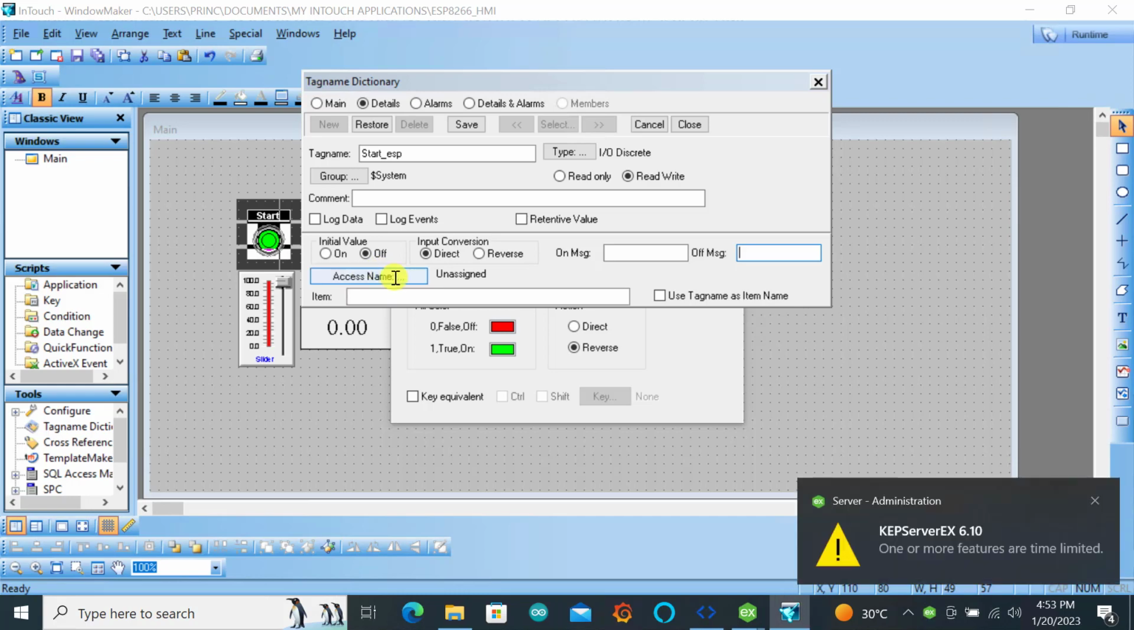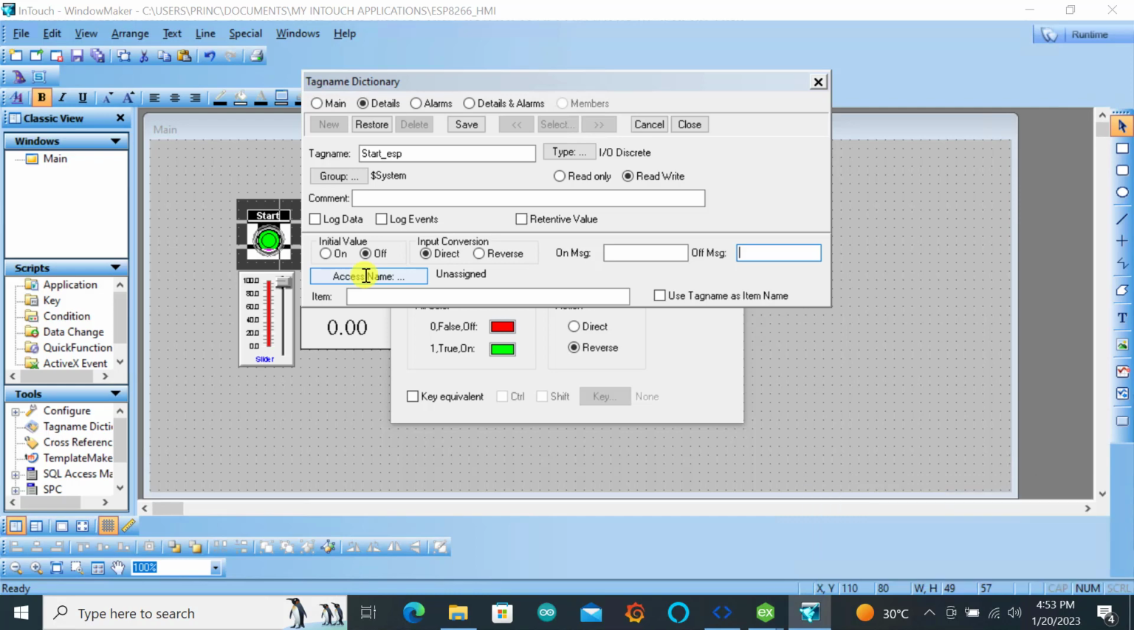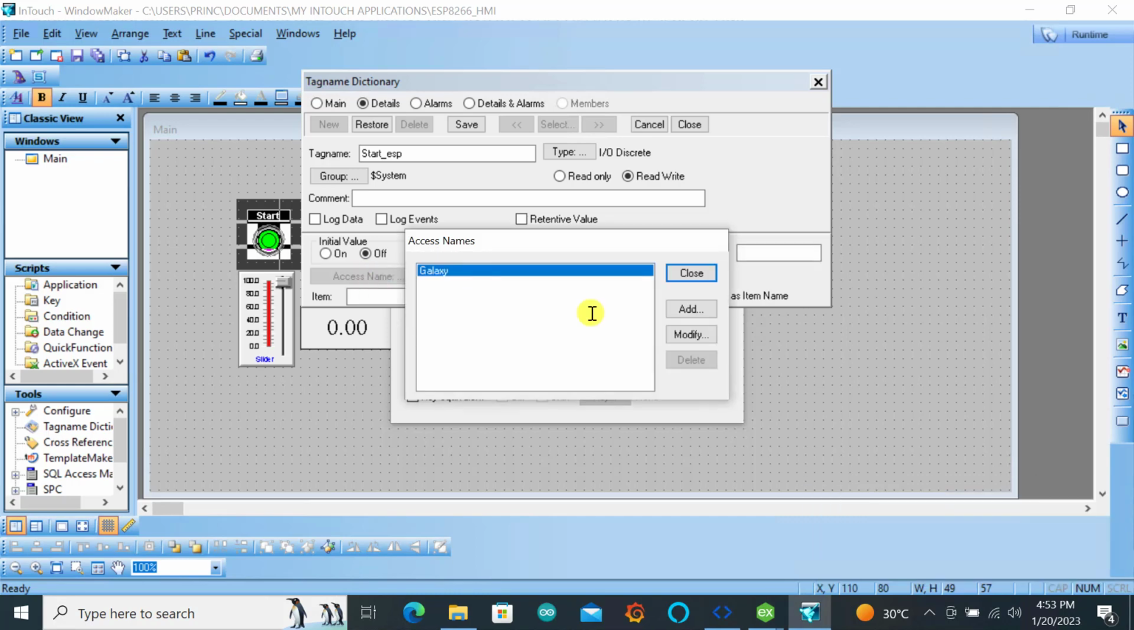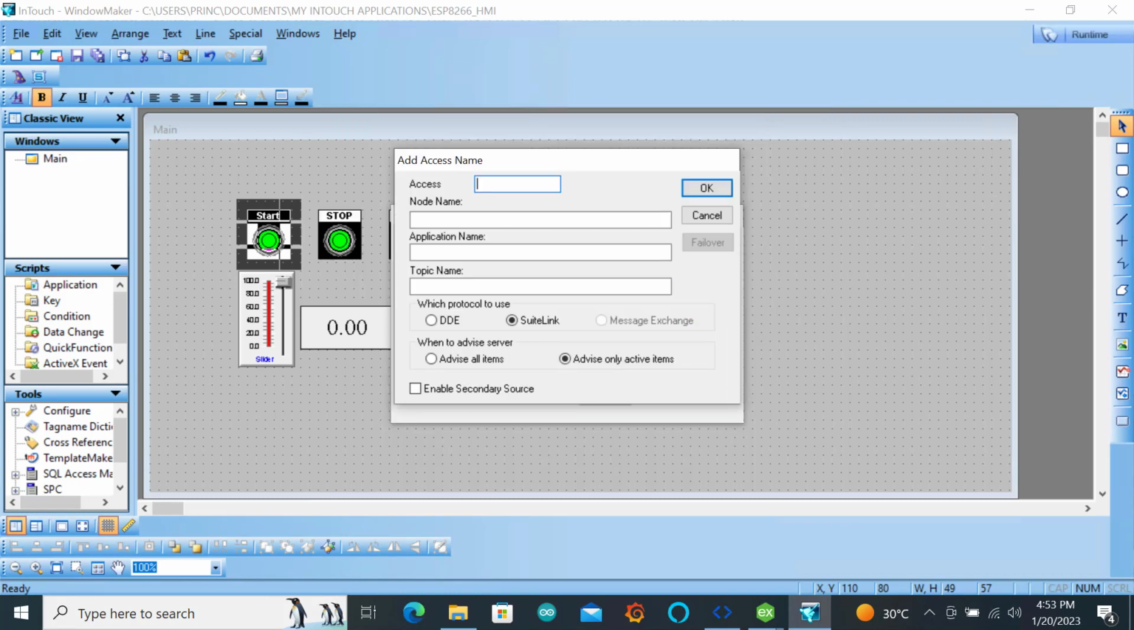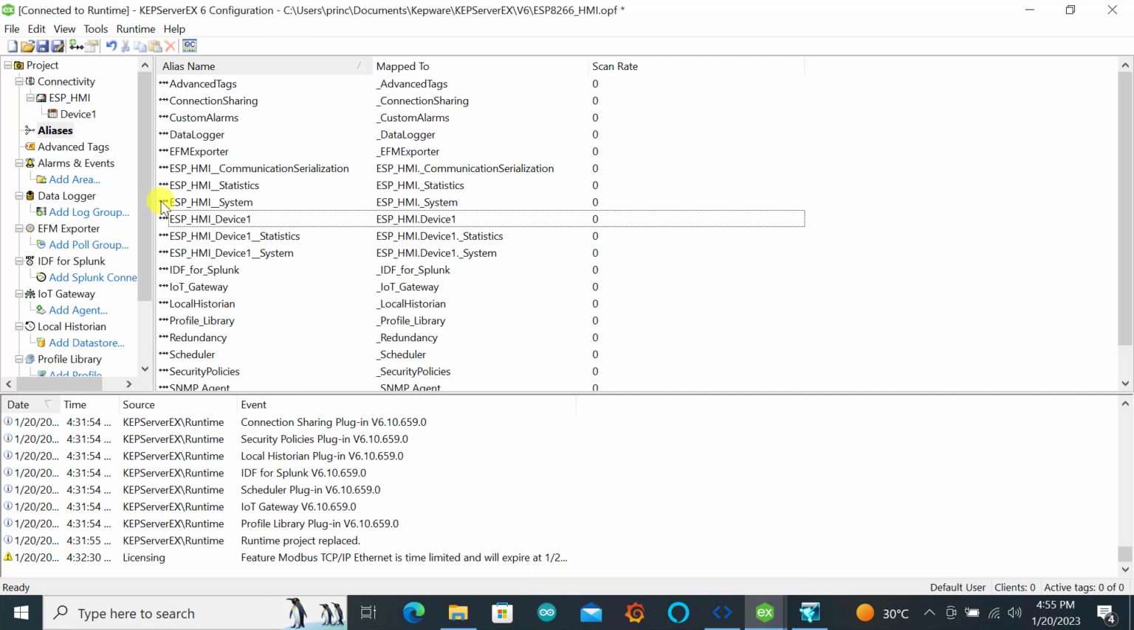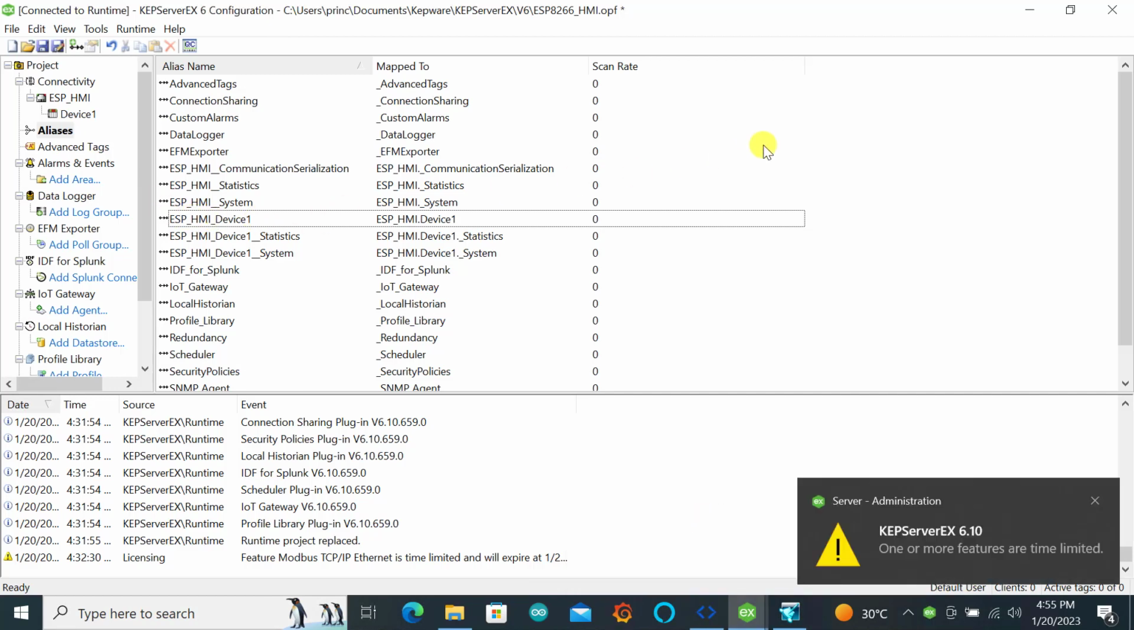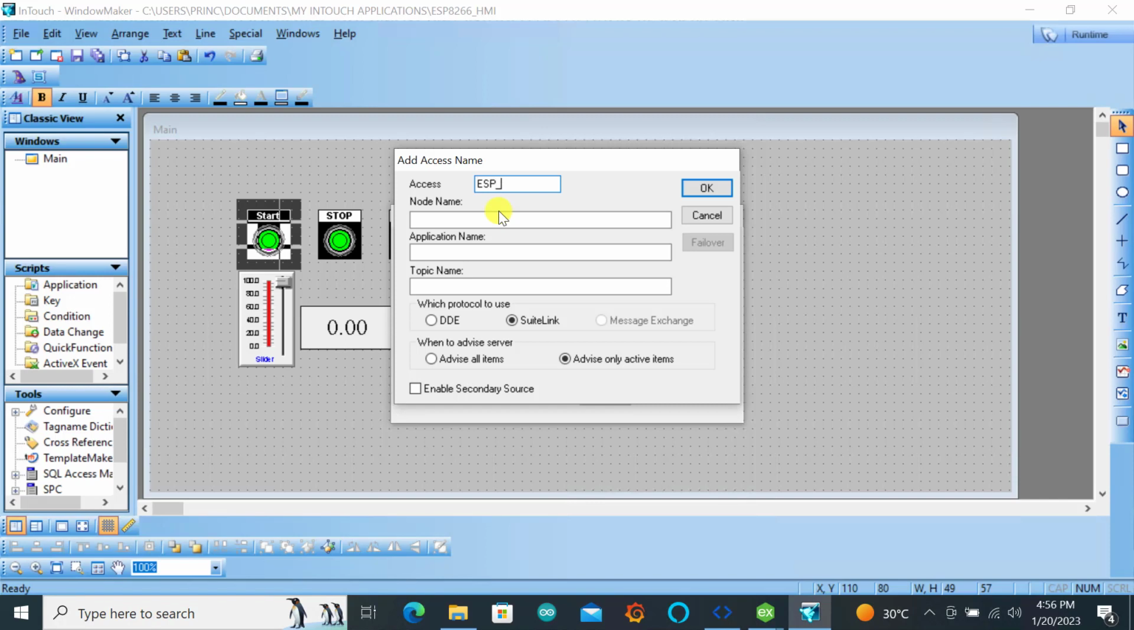Then we need to show it where exactly it's getting the information from, and this is what we term as the access name. So for now, our access name, we click on access name. We can realize that access name has not been created, so we say add access name. Okay, so basically the access name and then the topic is the alias that we just created, which is ESP_HMI device 1. So we can type it here,